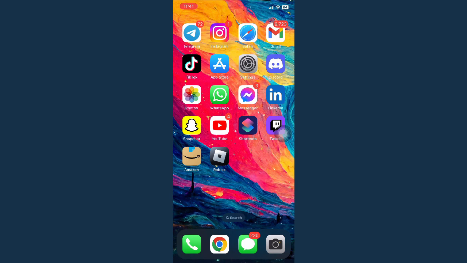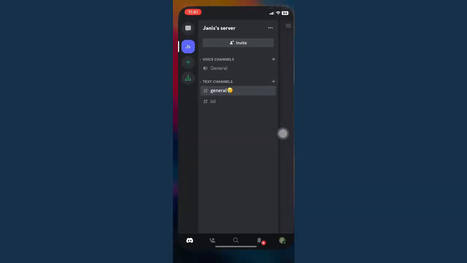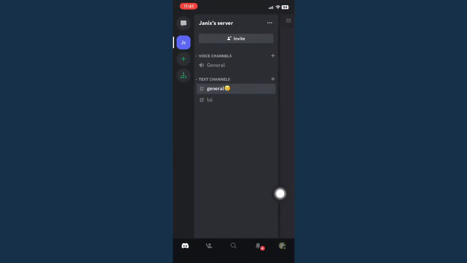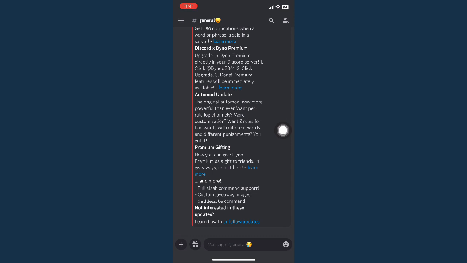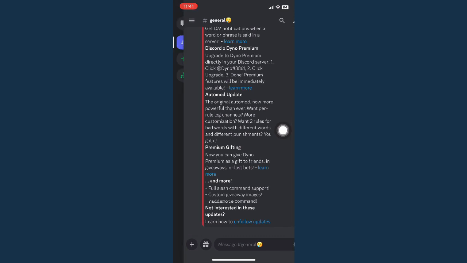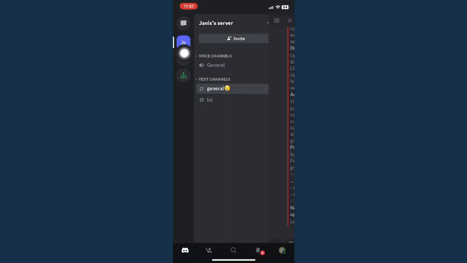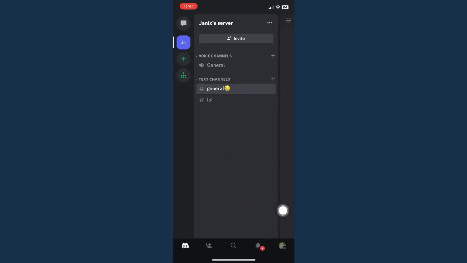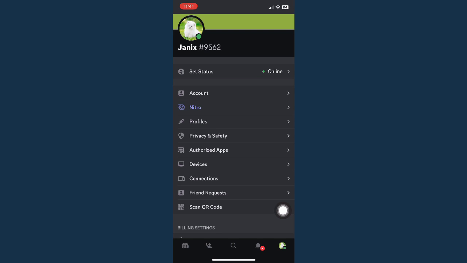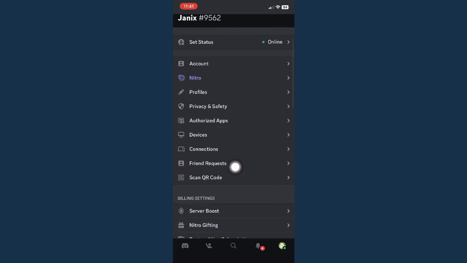So first, you should open Discord and then go to your profile found on the lower right corner of the screen. If you cannot see this profile icon, then what you're going to do is swipe right like this one, or click on these three lines found on the upper left. Click on your profile found on the lower right corner and scroll down until you can see the scan QR